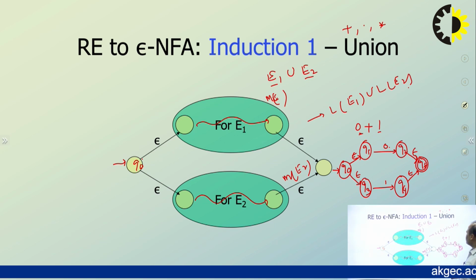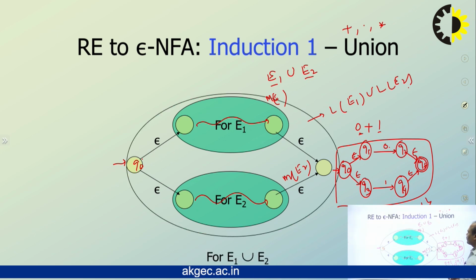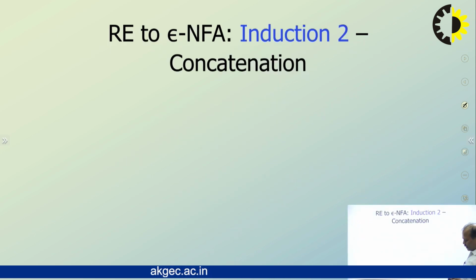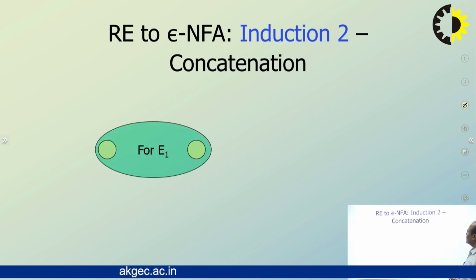So this is a simple one: this entire machine can accept the 0 plus 1 regular expression, or we can say that this is accepting the set 0 comma 1. It's very, very simple. Remember that this plus is a unary operator. On the other hand, let's talk about concatenation.